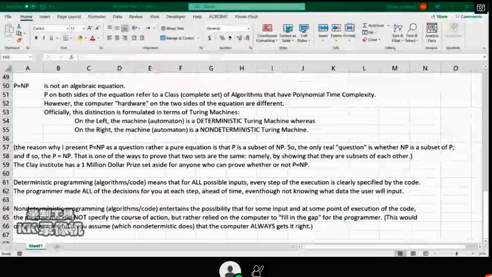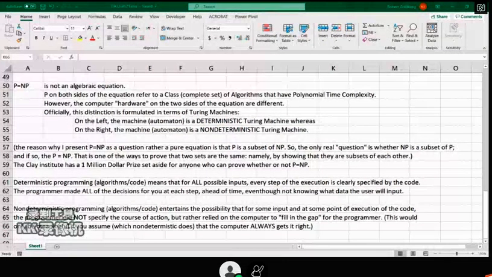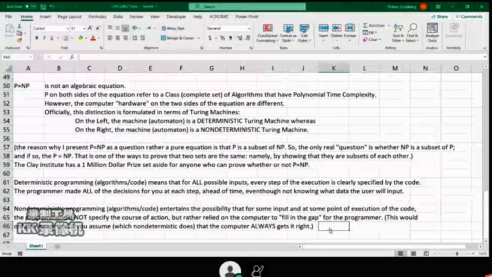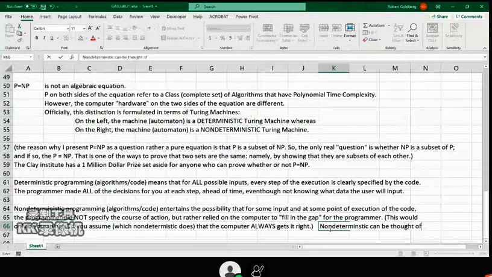But does anybody have a question based on this general distinction between deterministic and non-deterministic? Okay. Well, while you're thinking, let me add one more comment, which is that non-deterministic programming can be thought of as using conventional programming languages